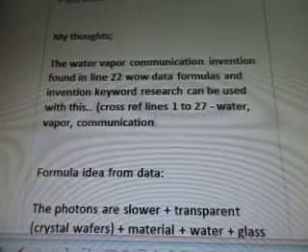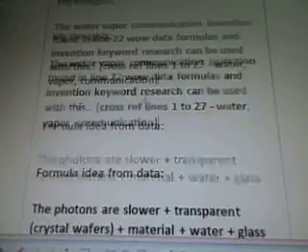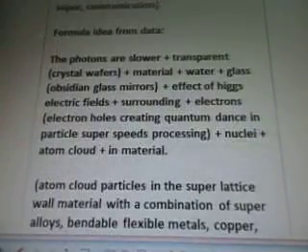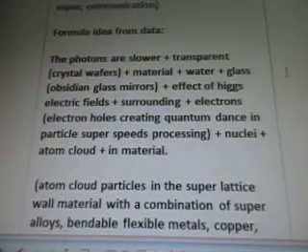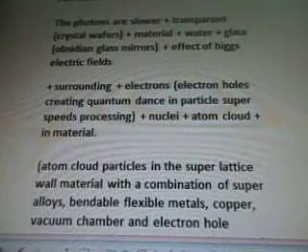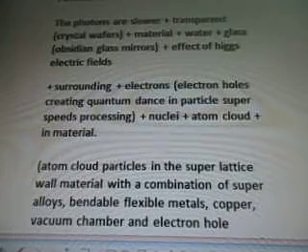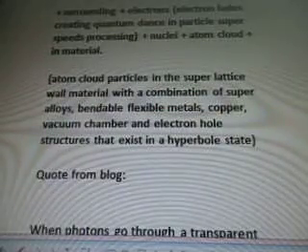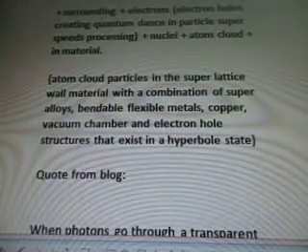Formula idea from the data: the photons are slower plus transparent crystal wafers, material, water, glass, obsidian, glass mirrors, effects of Higgs electric fields surrounding electrons, electron holes creating quantum dance and particle superspeeds processing, nuclei, atom cloud in material. Atom cloud particles in the superlattice wall material with a combination of superalloys, bendable flexible metals, copper to copper,